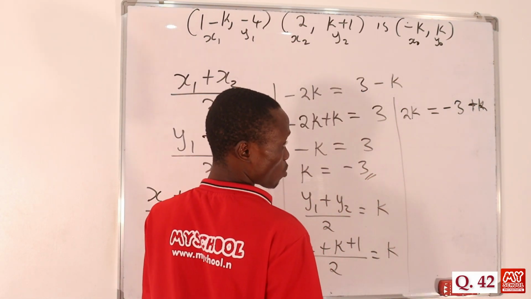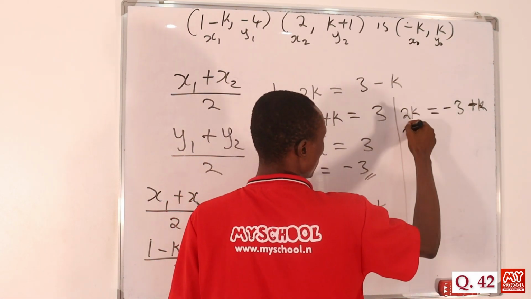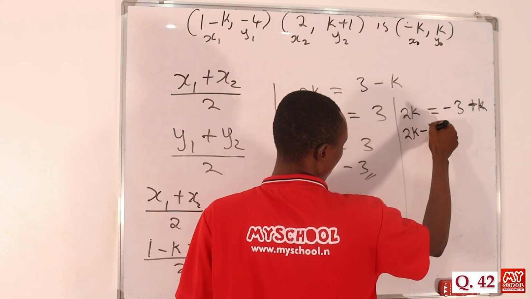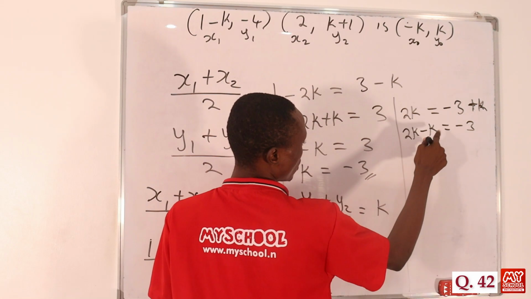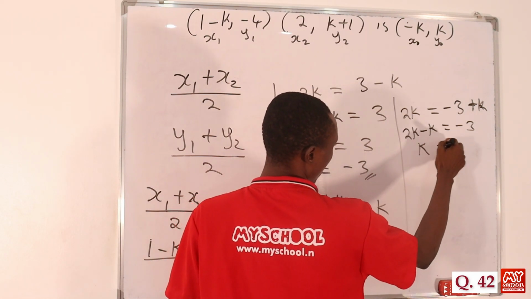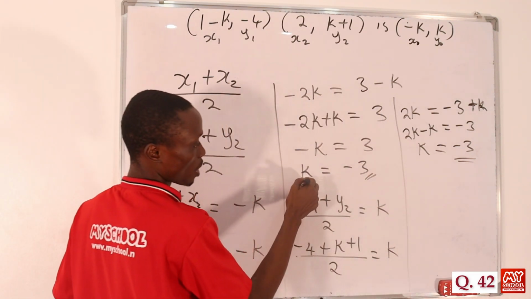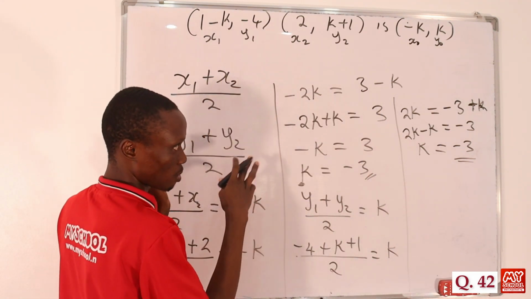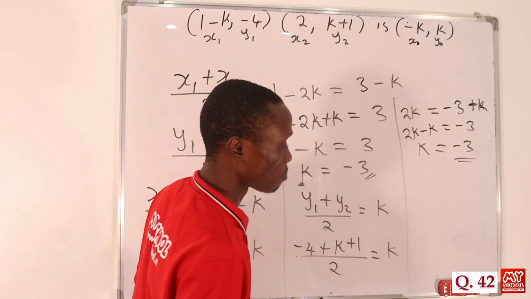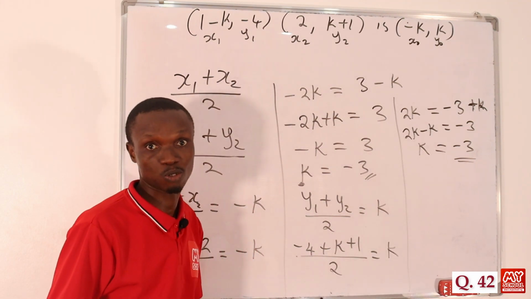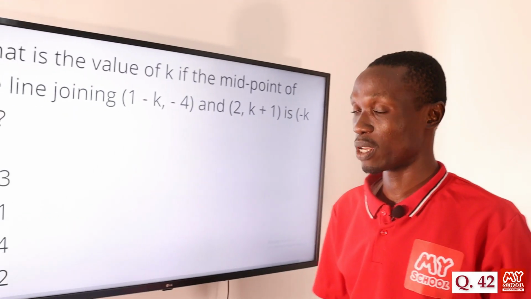So the next thing is just for us to collect like terms. If I move this plus k to this side, I'll be having 2k minus k, and that is equals to minus 3, right? So 2k minus k will be equals to k. And this k is equals to minus 3, which is the same as the value that we got when we used the one for x. So the value of k is equals to minus 3. So let's return back to the screen to pick the correct answer to this question, and that is option A,